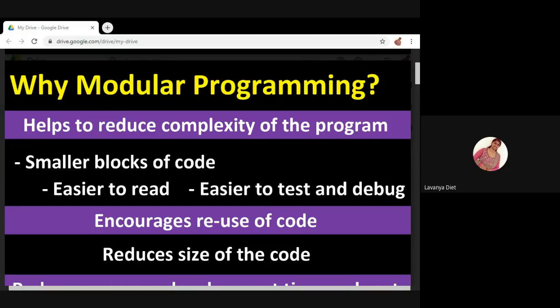Rather than writing all the statements in your main function, you can write specified tasks in subroutines or functions. This is one of the uses of modular programming or writing functions. Functions are nothing but small pieces of code. So this helps to reduce the complexity of the program.